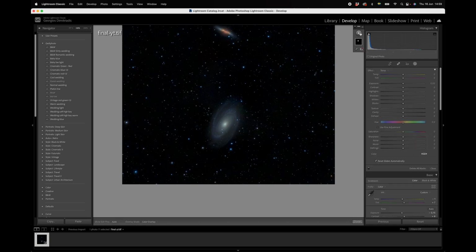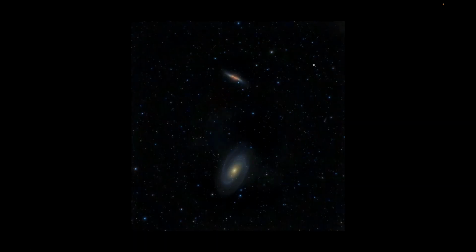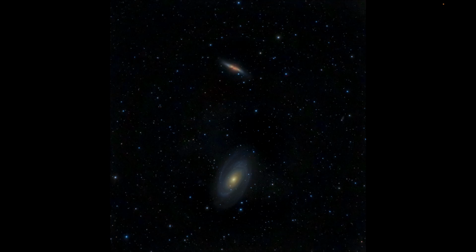And then I'm just going to create a new adjustment brush and just address the core part here, which is a little bit too blue for my taste. So I'm going to go and make it a little bit hotter, something like that. So I can always do some minor adjustments on this at the end, but this is roughly how I post-process my images. I try to keep it simple and maximize the output results of the things that I photograph. But yeah, this is basically my process that I use,